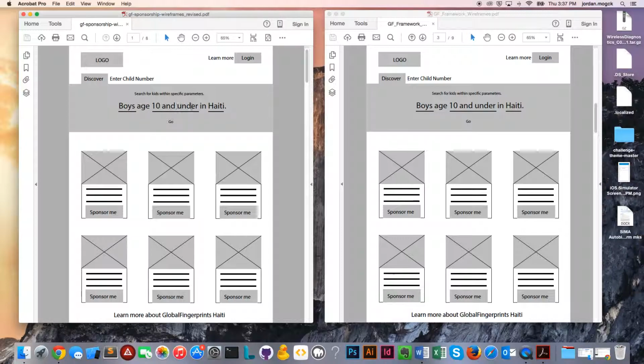The underline was enough to cue users that they could change the filter by clicking on that or tapping, and then obviously once the sentence reads the way you want to filter, it was obvious that you tap or click on go to actually implement the filter. It was also fairly obvious that you have tabs. The Discover tab is this filter, and Enter Child Number was clear enough